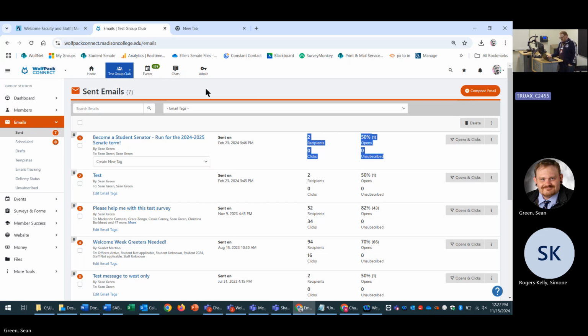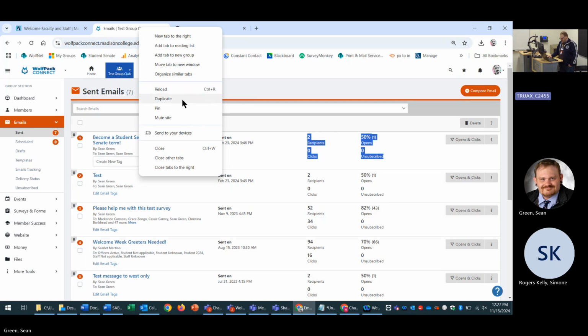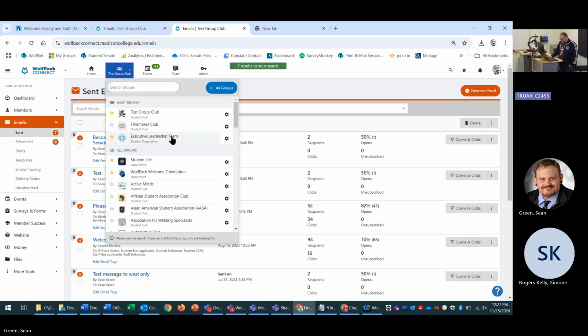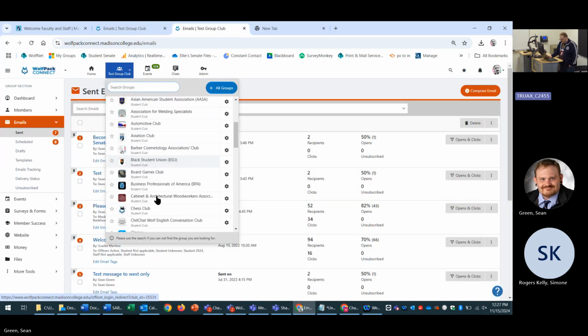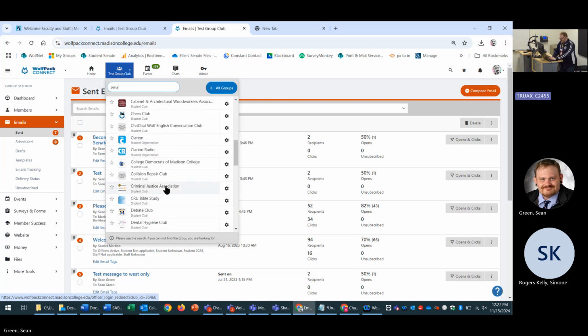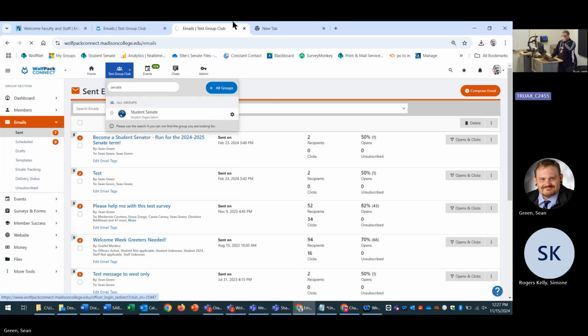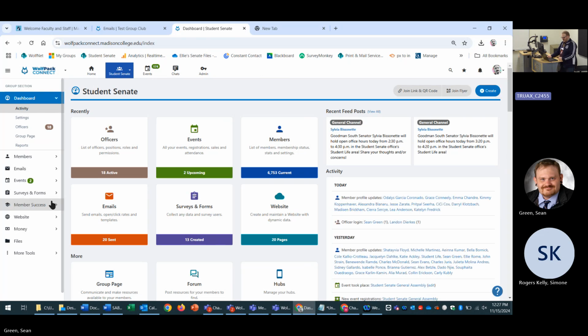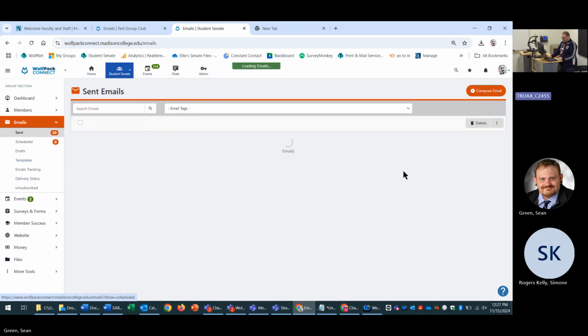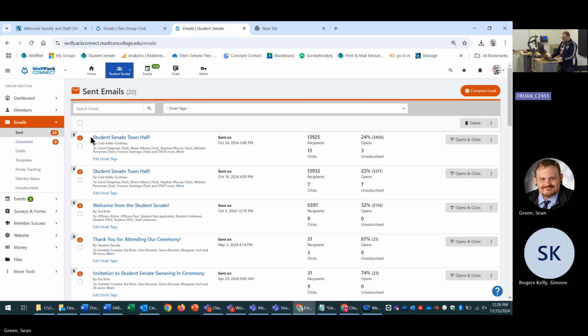I can show an example of this where this actually happened. We could go to Student Senate to show this, because we did send out some emails where it actually did happen. We have it loading our sent. So this just happened and was sent out on October 21st, so not that long ago. We had 3 people unsubscribe, right? Now, that unsubscribe, maybe there's some hopefully